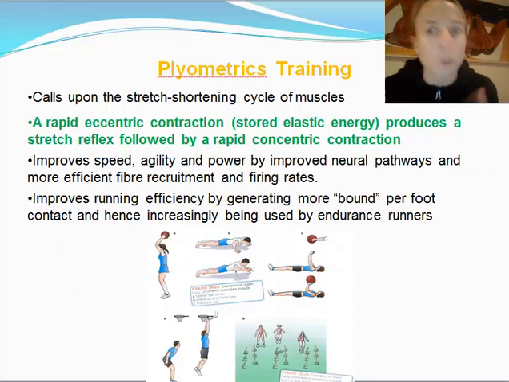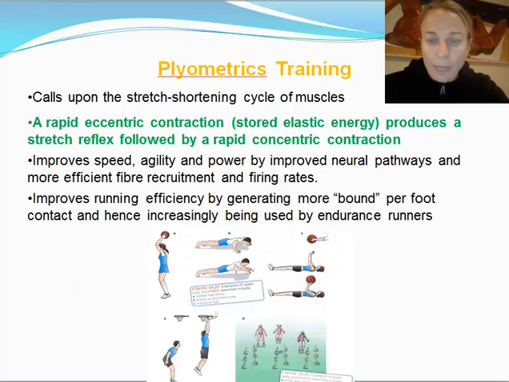And what does that do? That improves your speed, improves your power, which generally is associated with anaerobic type events. However, it can also help aerobic athletes because it helps to create more efficiency. So if you are more efficient, you use less oxygen,